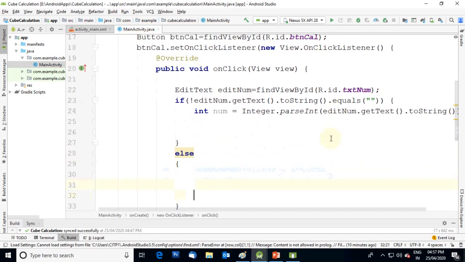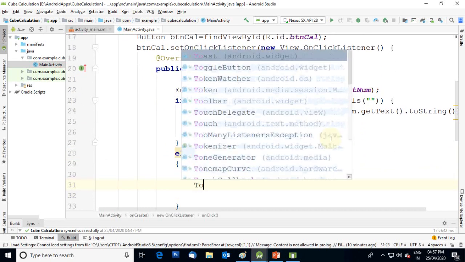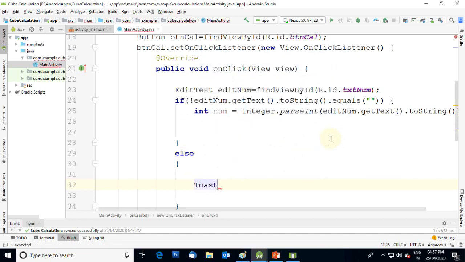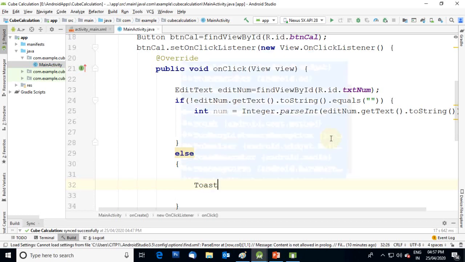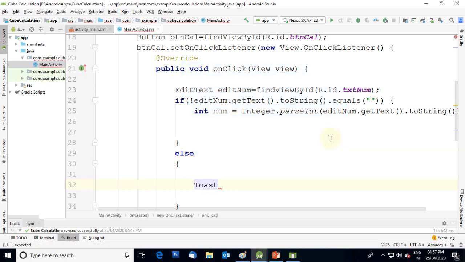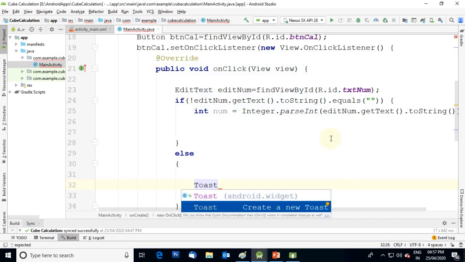So for that I am using the Toast class here. I am writing simply Toast, and it shows me the toast. I am selecting the toast, holding and pressing the enter key. Then I am again using control plus spacebar. It shows me create a new toast. I simply hit the enter key.